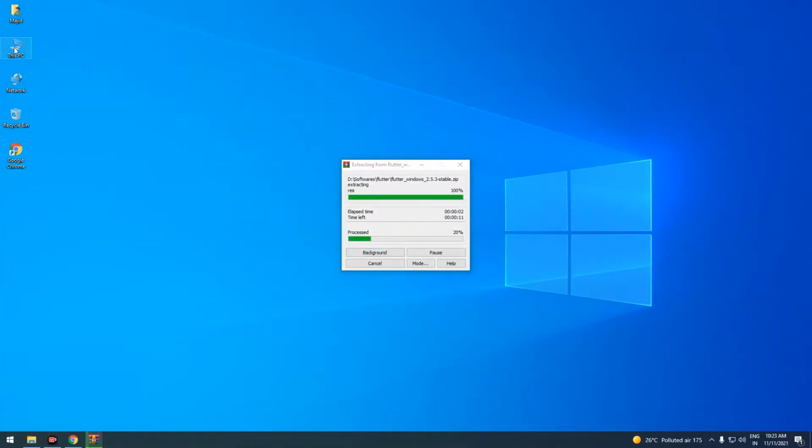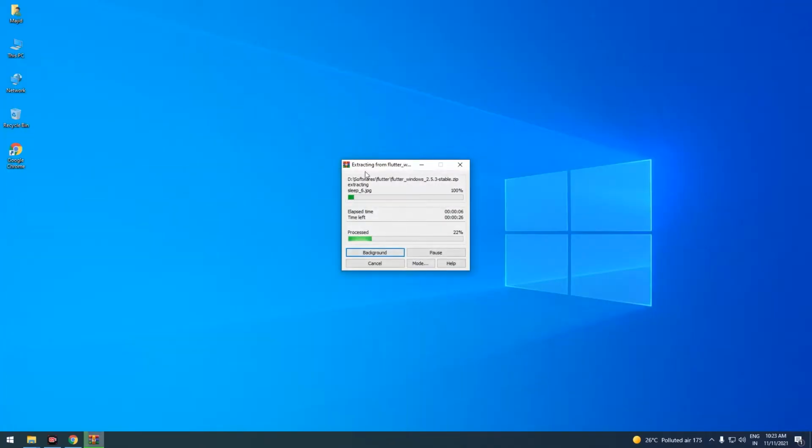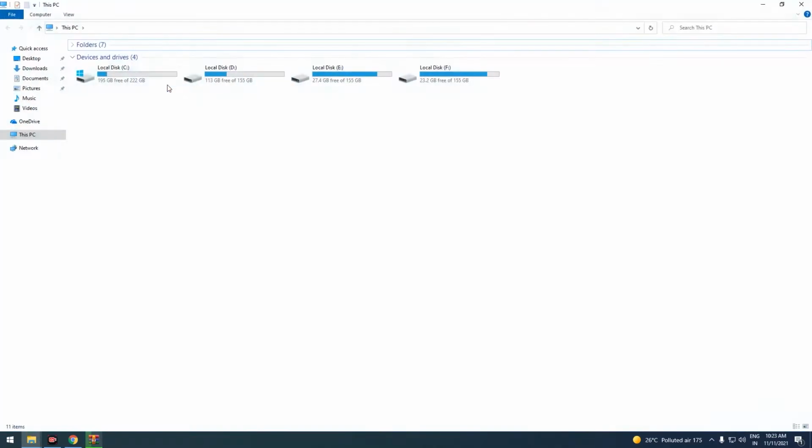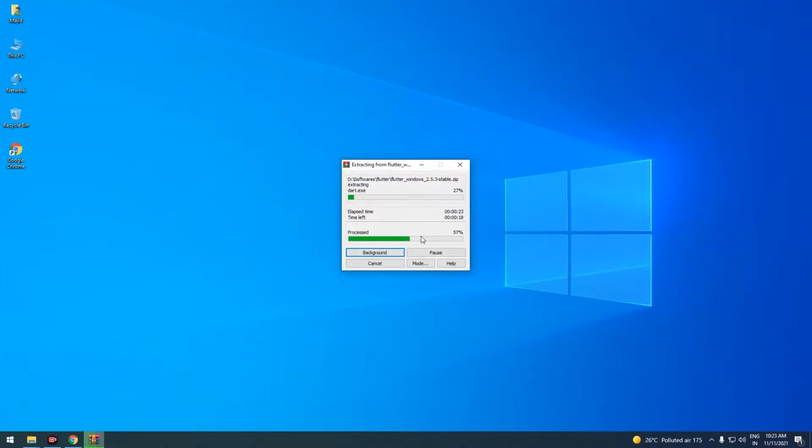The reason we put the folder not in Program Files is because we want to use command lines in order to run some commands. So that's the reason, because Program Files does not have the access to that. So that's the reason we paste our folder right over here on the C drive, and after that we update the path. So once it's extracted, I'll show you how to update the path.